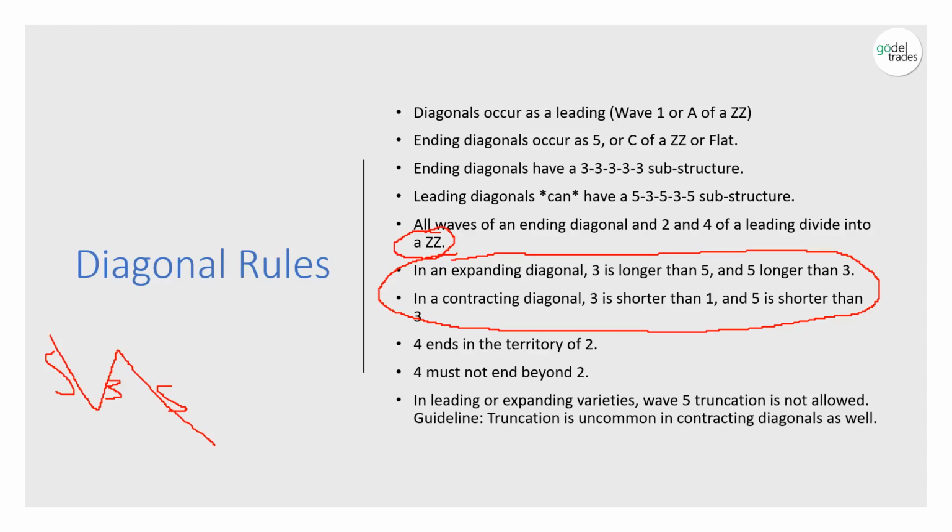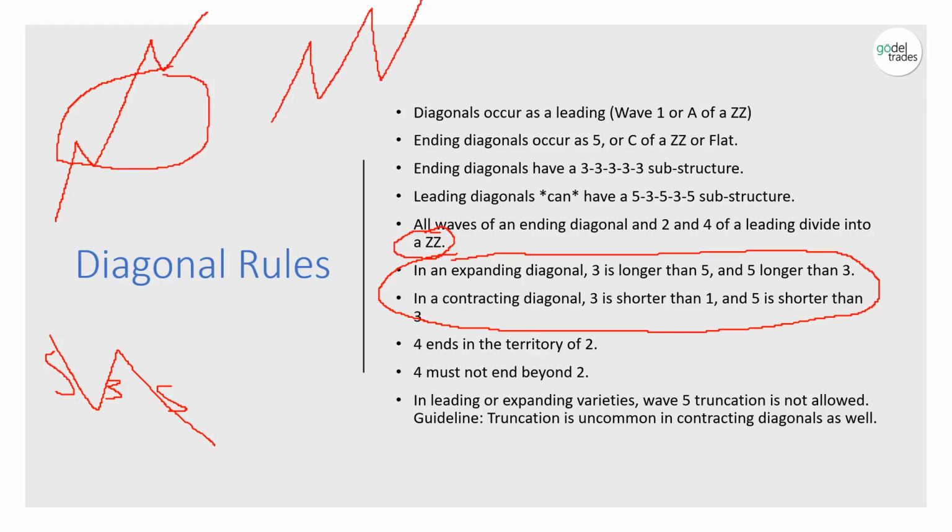Another rule of a diagonal is that wave 4 ends in the territory of wave 2. So with a motive impulse sequence, we don't want this wave 4 and wave 2 overlap. But in a diagonal, it's a requirement, okay. Wave 4 can't end beyond 2, but it must end within the territory of wave 2. In a leading or expanding variety, wave 5 truncation is not allowed. In a contracting diagonal,